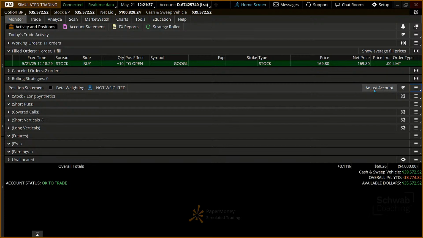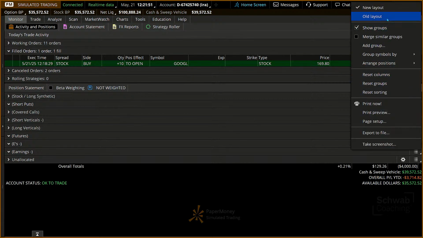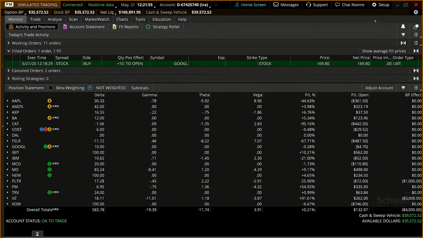Now that adjust account is only in the Paper Money platform, okay? So at the very top left, we see PM for Paper Money. And what you're now going to notice is if I go to the right of where it says adjust account, click on the three lines, we're going to select where it says old layout, okay? Now, remember when I said it's going to list the stocks or the positions, stocks and options, etc., from A down to Z. I don't have a stock that starts with a Z, so it goes down to XOM. And we see that there.